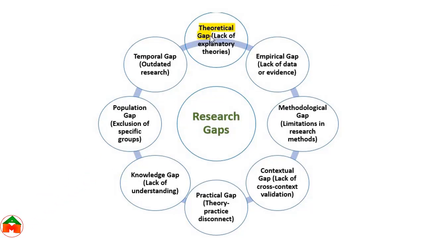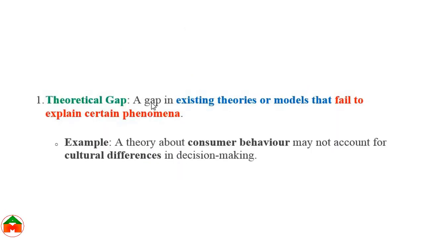We are going to learn about theoretical gap. Theoretical gap indicates the lack of explanatory theories. In theoretical gap, there is a gap in the existing theories or models that fail to explain certain phenomenon, certain aspects. That means whenever there is a lack of explanation on any certain fact, that kind of gap is known